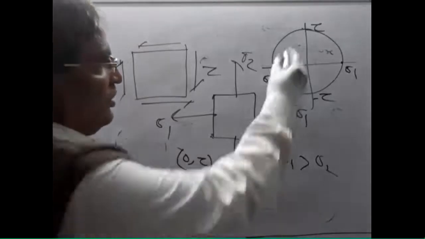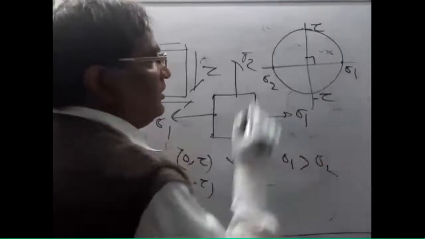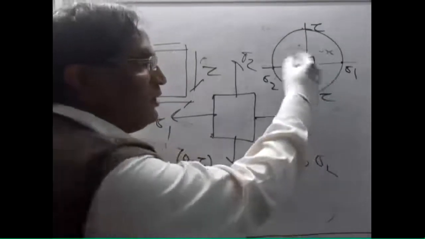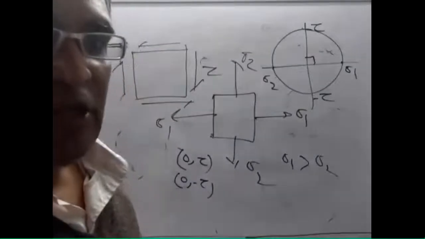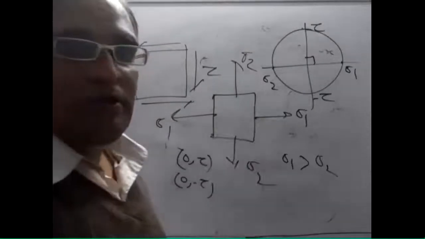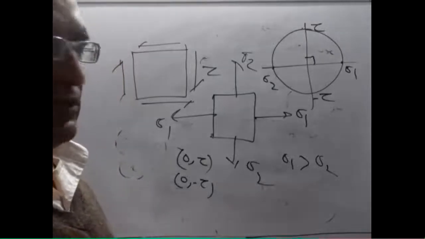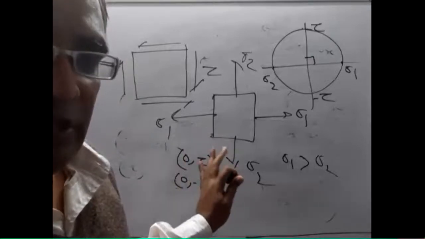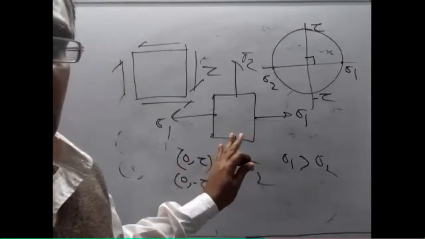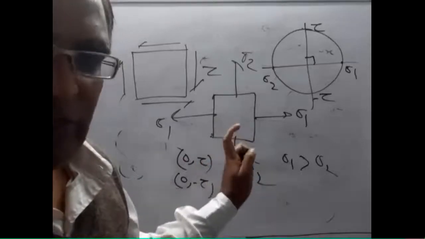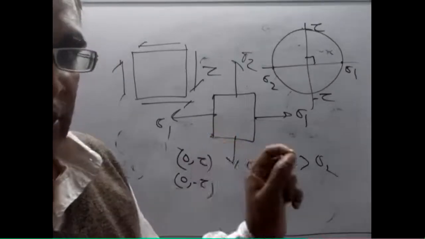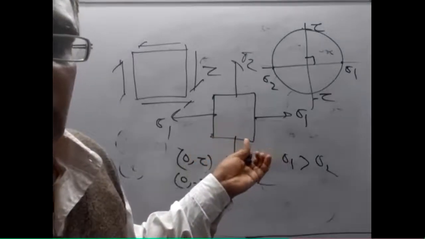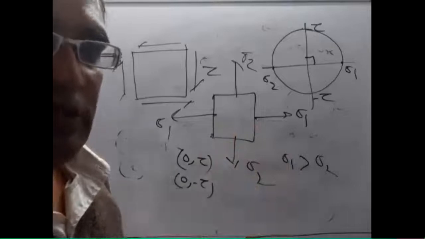Right? So tau and sigma are at 90 degrees on the circle, but on the element it will be 45 degrees. And the angle between sigma 1 and sigma 2 on this Mohr circle is 180 degrees, but in the element it will be 90 degrees. Okay, so that you can find out. More we will discuss on the 3-dimensional. This is 2-dimensional. Next class I will discuss the 3-dimensional. But I'll send you one link where you can generate not only the 3-dimensional Mohr circle, but also the 2-dimensional.